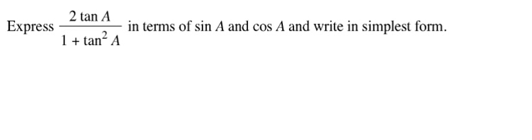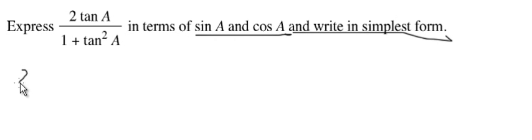Okay, express blah blah blah in terms of sine and cosine and write in simplest form. This is good advice when you're doing any kind of trig manipulation. It's very, very often helpful to turn everything into sines and cosines and then see what you can combine or cancel. So 2 tangent A, we know tangent is sine over cosine, so this upstairs part is going to be